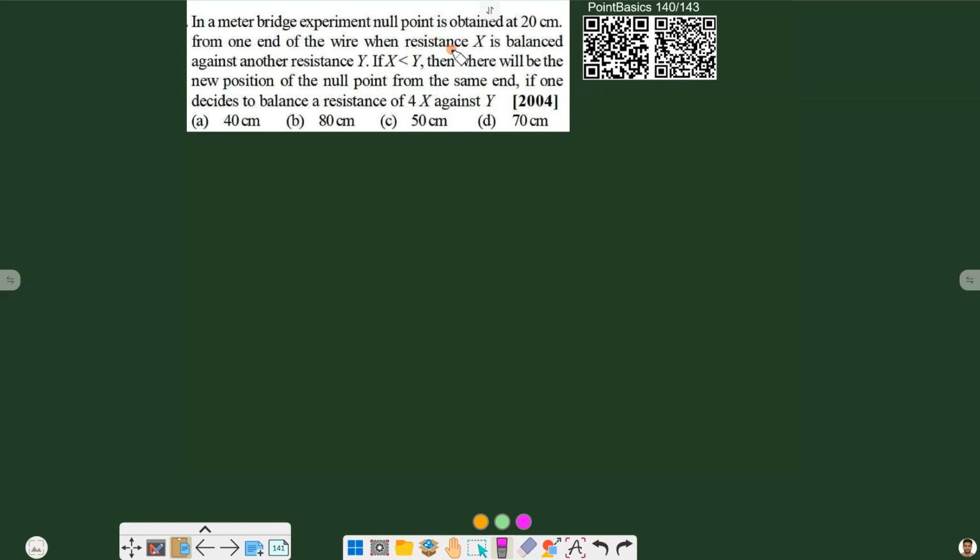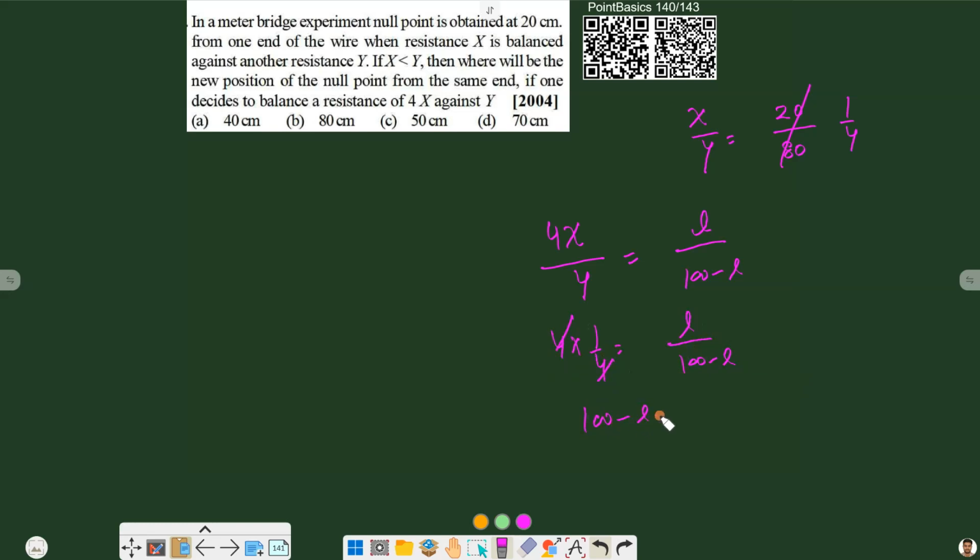We just previously did this type of question. Here X by Y will be 20 by 100 minus 20, that is 80, and we have to find the balancing length for 4X by Y. Suppose that is L, so 100 minus L, and now X by Y is 1 by 4. So 4 into 1 by 4 is equal to L by 100 minus L, and we have 100 minus L is equal to L. And from this, L is equal to 50 centimeter. Option C will be the